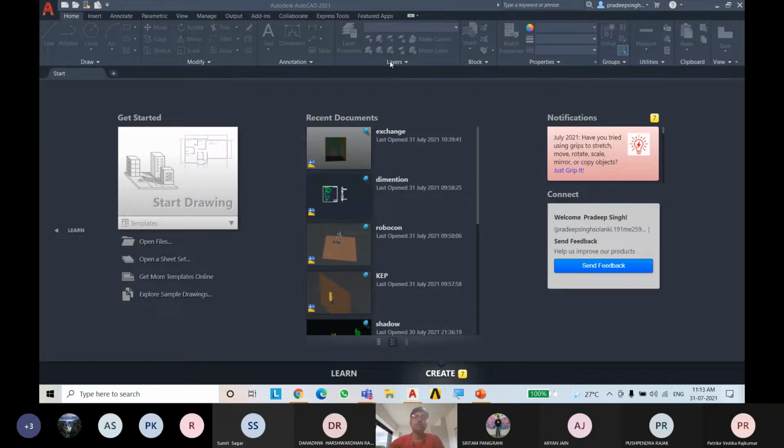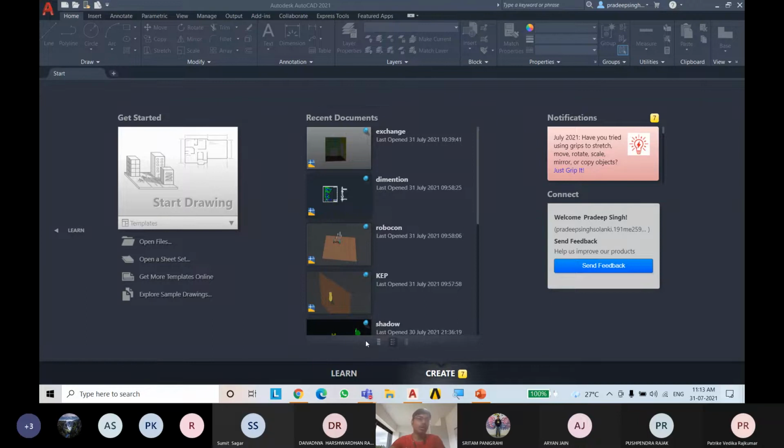After you have successfully logged in, you will see your email ID showing here, and you will see your work or recent documents